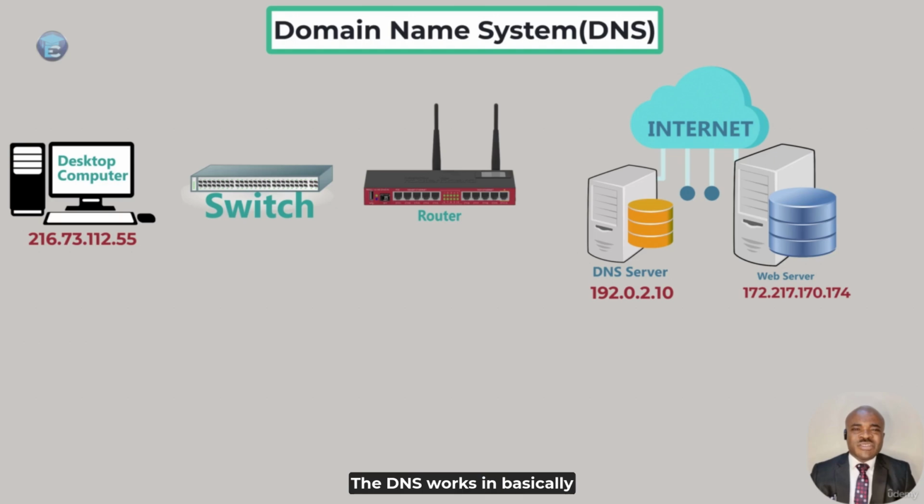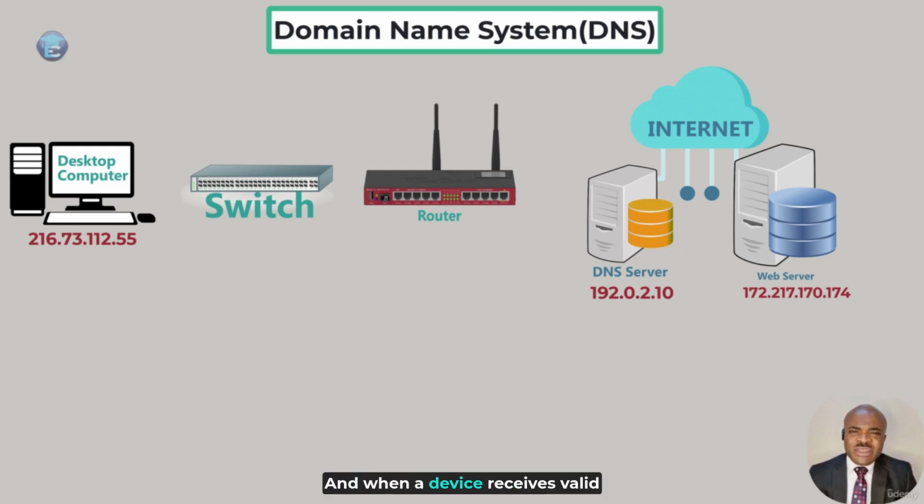The DNS works in basically the same way. In the example on screen, we have a desktop computer, and let's say we're trying to reach google.com. Google.com is currently on a server with IP address 172.217.170.174. The desktop user, of course, does not know what the IP address of the web server they are trying to reach is. However, the desktop computer does already know the DNS server's IP address that is saved in the computer's configuration. You should know that the DNS server in this case is at